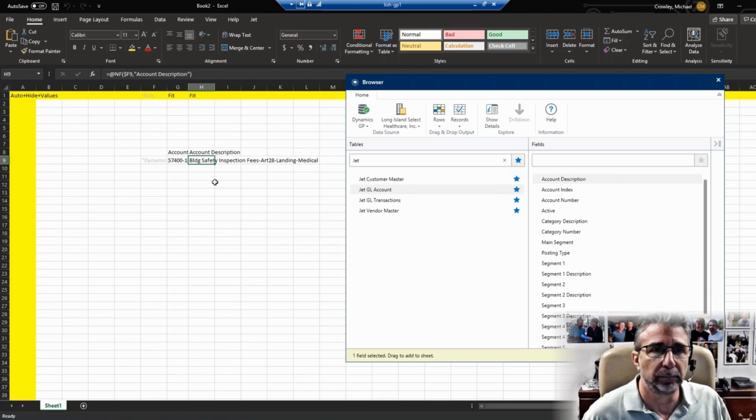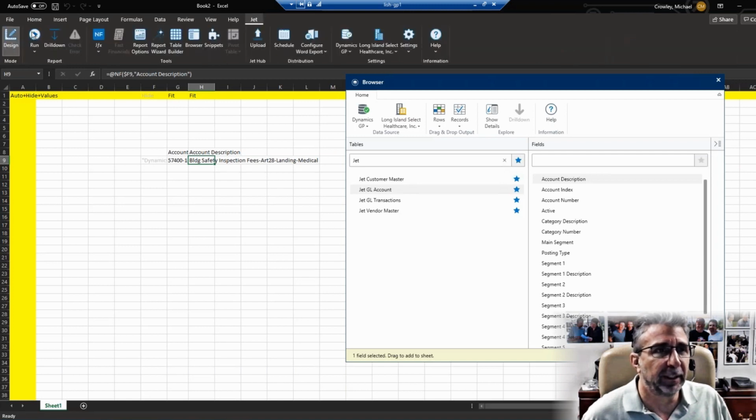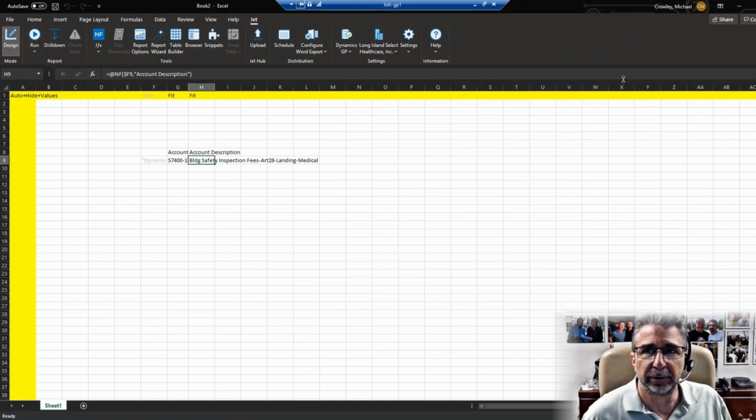No. Okay. So at this point, I've actually created a report that I can run. So if I come back to the JET ribbon up top, and I click the run command, it will run this. So I can close this. So if I click run, it